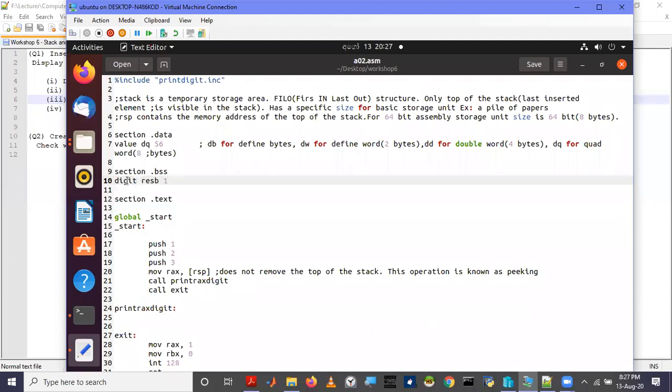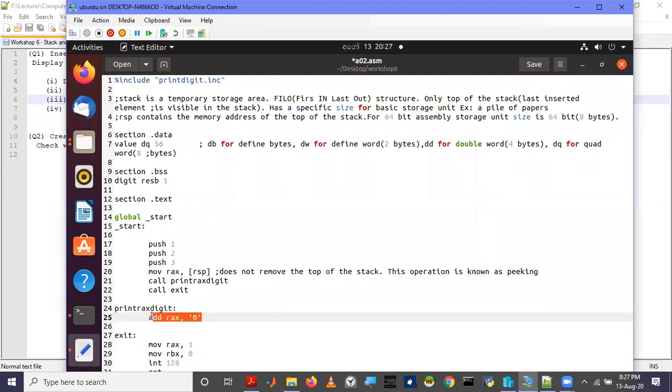As the value of the digit, we are going to copy what we pass to the RAX register. Before calling this print, we need to convert this value into ASCII. For that, we need to add the ASCII code of 0 to the RAX register.